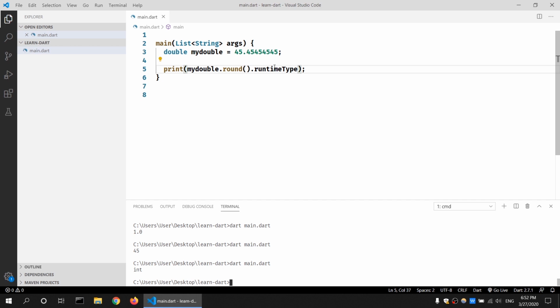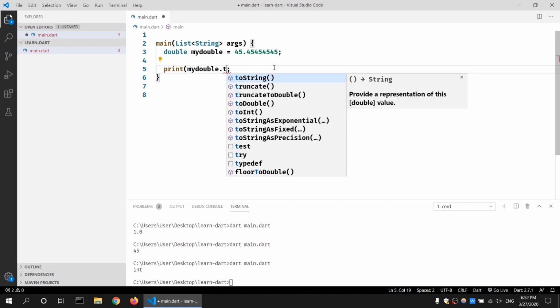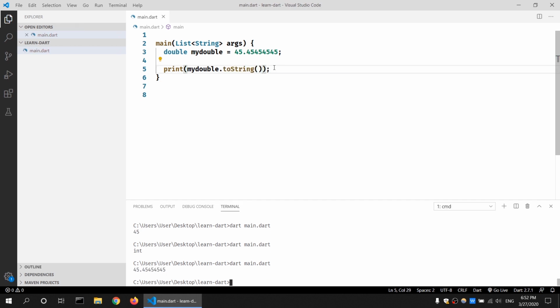We can even convert this to a string and print the string. We can also use the truncate method to discard the digits. As you can see, the digit is truncated and it returns an integer. But we can also do operations on the double type, such as addition, subtraction, multiplication, and this is going to return a double. For example, if I have an integer here, myInt, and it has the value 599,